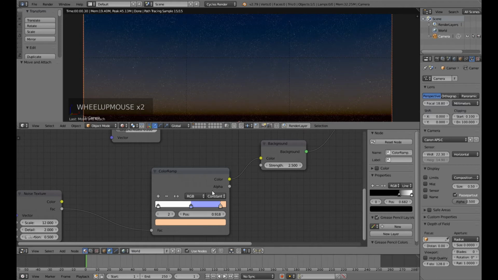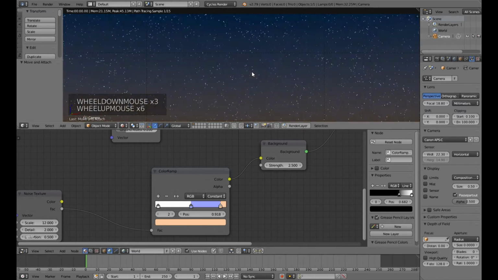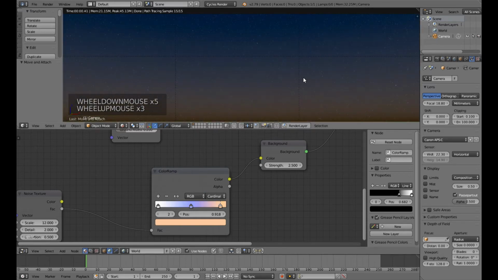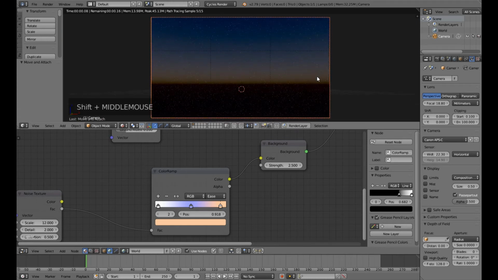Constant is actually giving much more glittering effect to the stars, but it's actually acting weird. So I'll take cardinal. Let me choose cardinal for this value, and yeah, maybe ease. Yeah, this one is far better than the rest. So I have taken ease for the